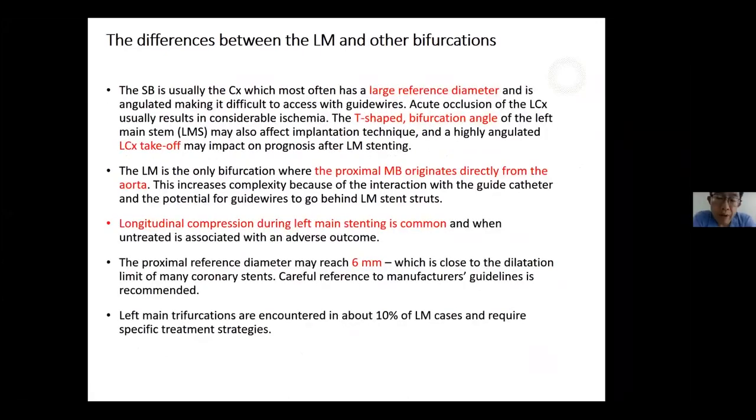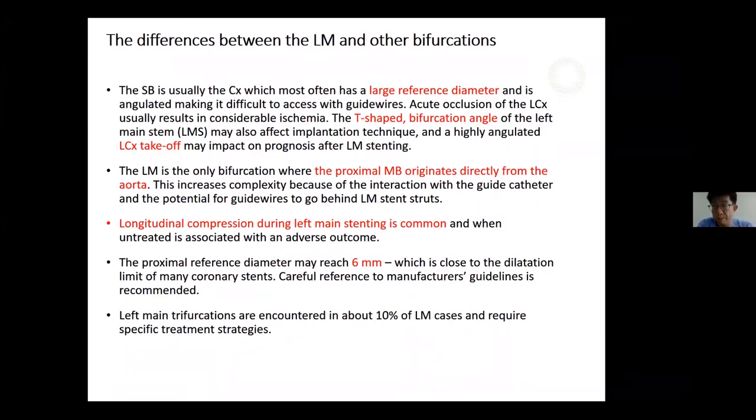So LMT lesion is quite different from other bifurcations. This slide shows the difference between the LMT and the other bifurcations. LMT has a large reference diameter and a T-shaped bifurcation angle, and the circumflex takeoff may impact prognosis after